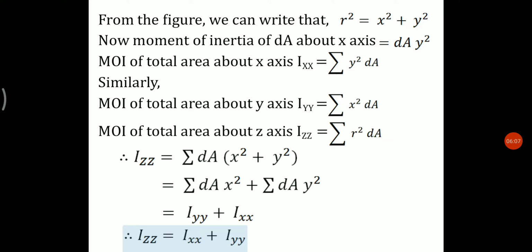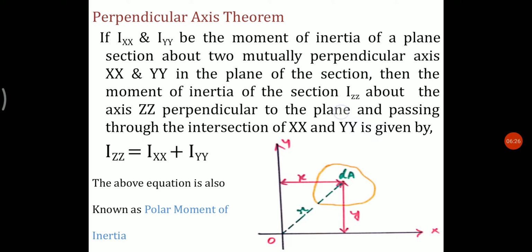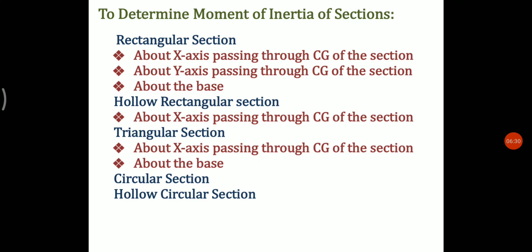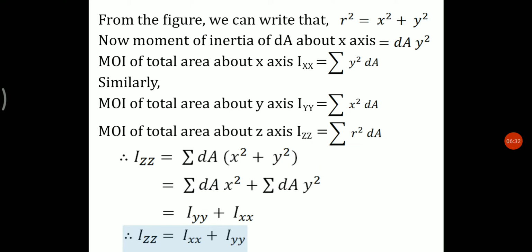Now moment of inertia of total area about x axis is given by summation of y square into dA. Now similarly moment of inertia of total area about y axis is given by summation of x square into dA, and similarly moment of inertia of total area about z axis is given by summation of